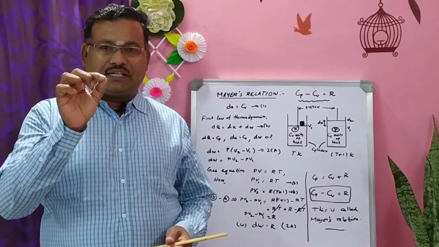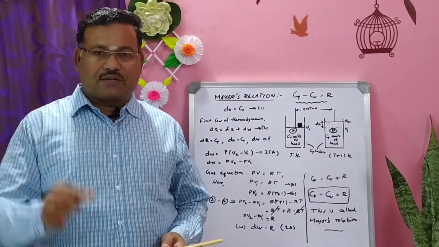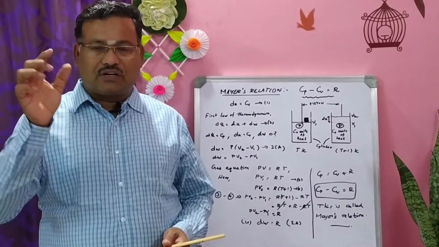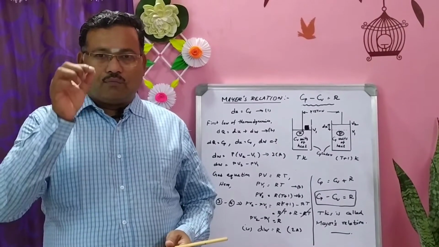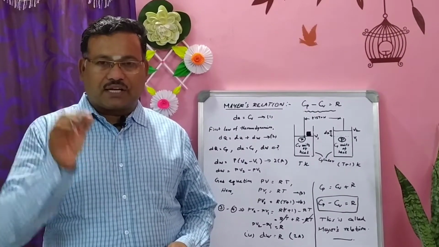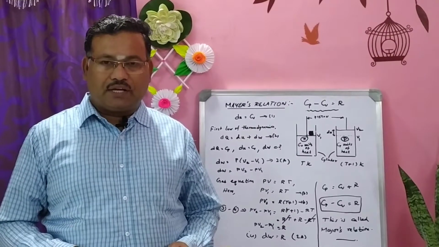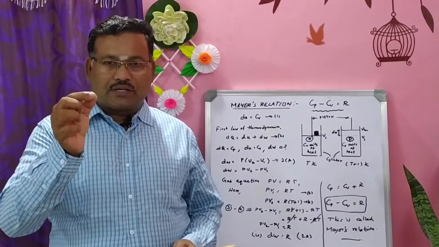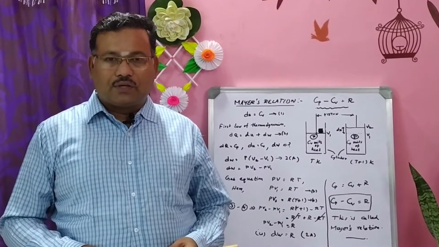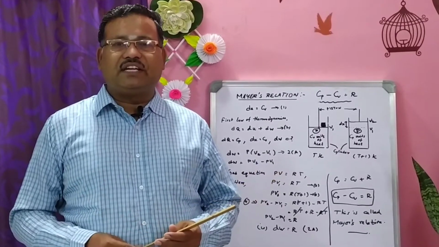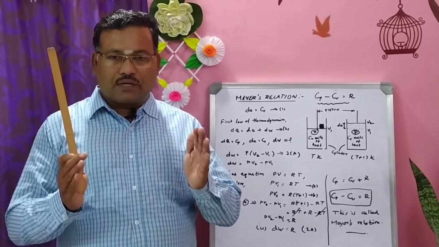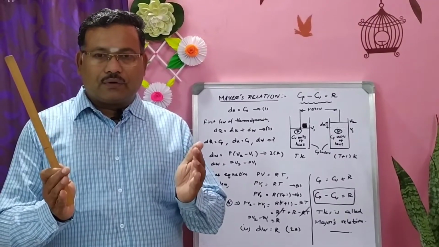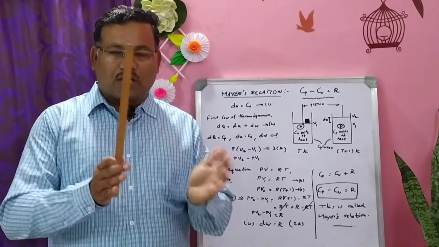Specific heat capacity of a gas at constant pressure is called Cp. Specific heat capacity of a gas at constant volume is called Cv. Molar specific heat capacity at constant pressure is also denoted by the symbol Cp. Molar specific heat capacity of the gas at constant volume is denoted by Cv. What is the difference between specific heat and molar specific heat? First, we will see specific heat. By changing a small word, the definition turns into molar specific heat.